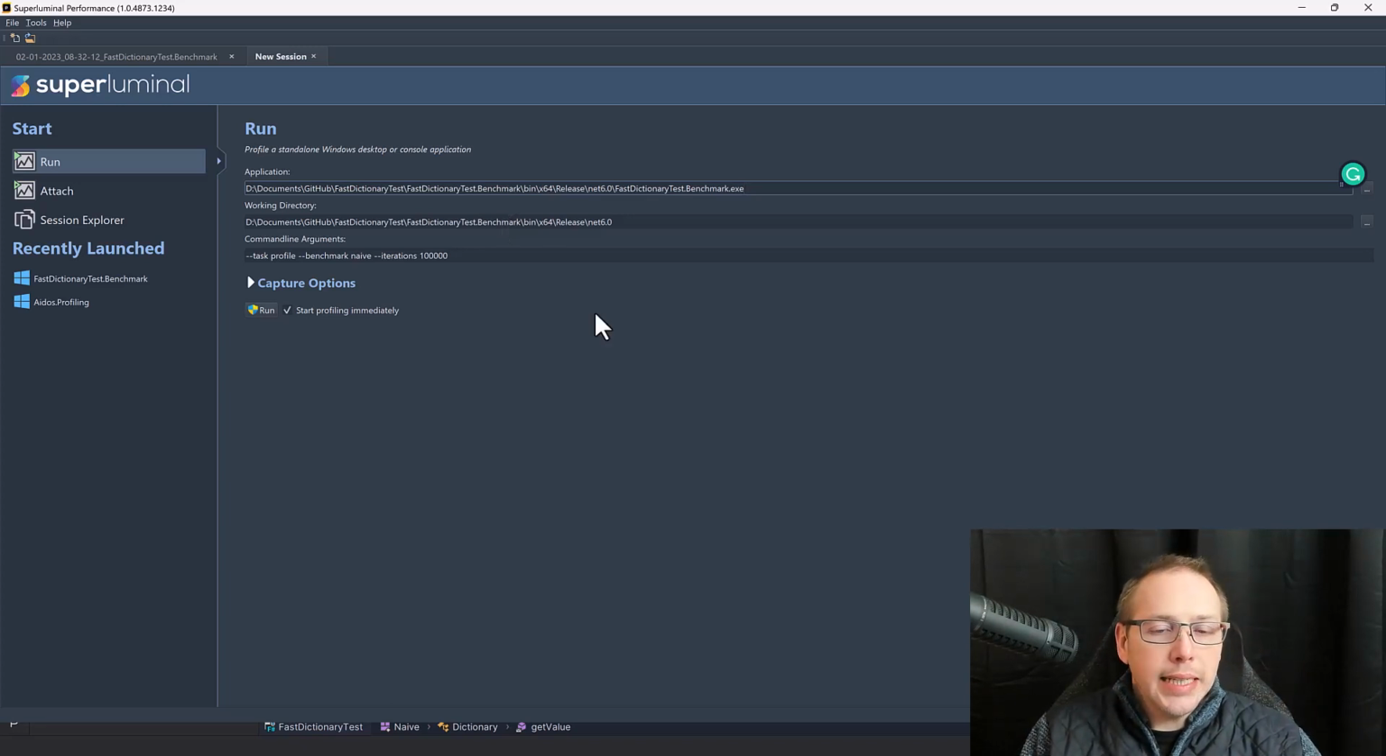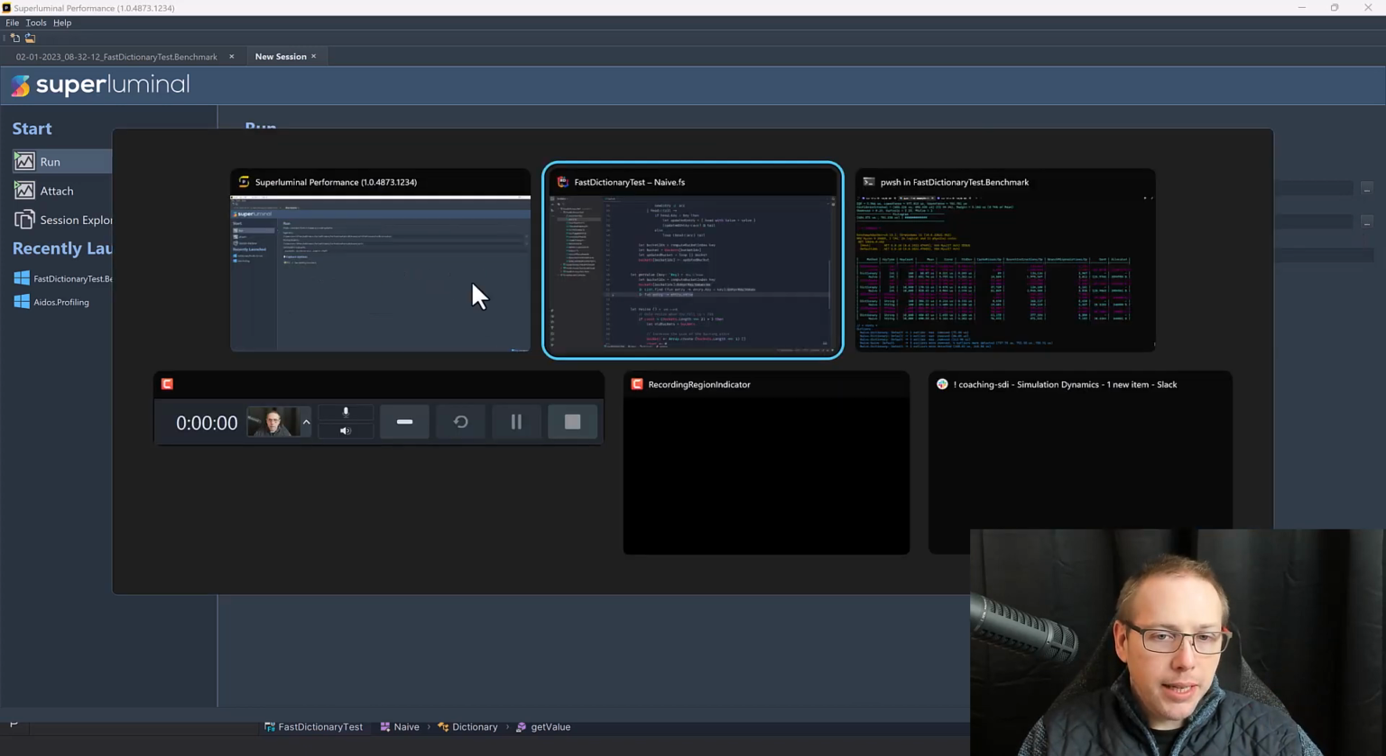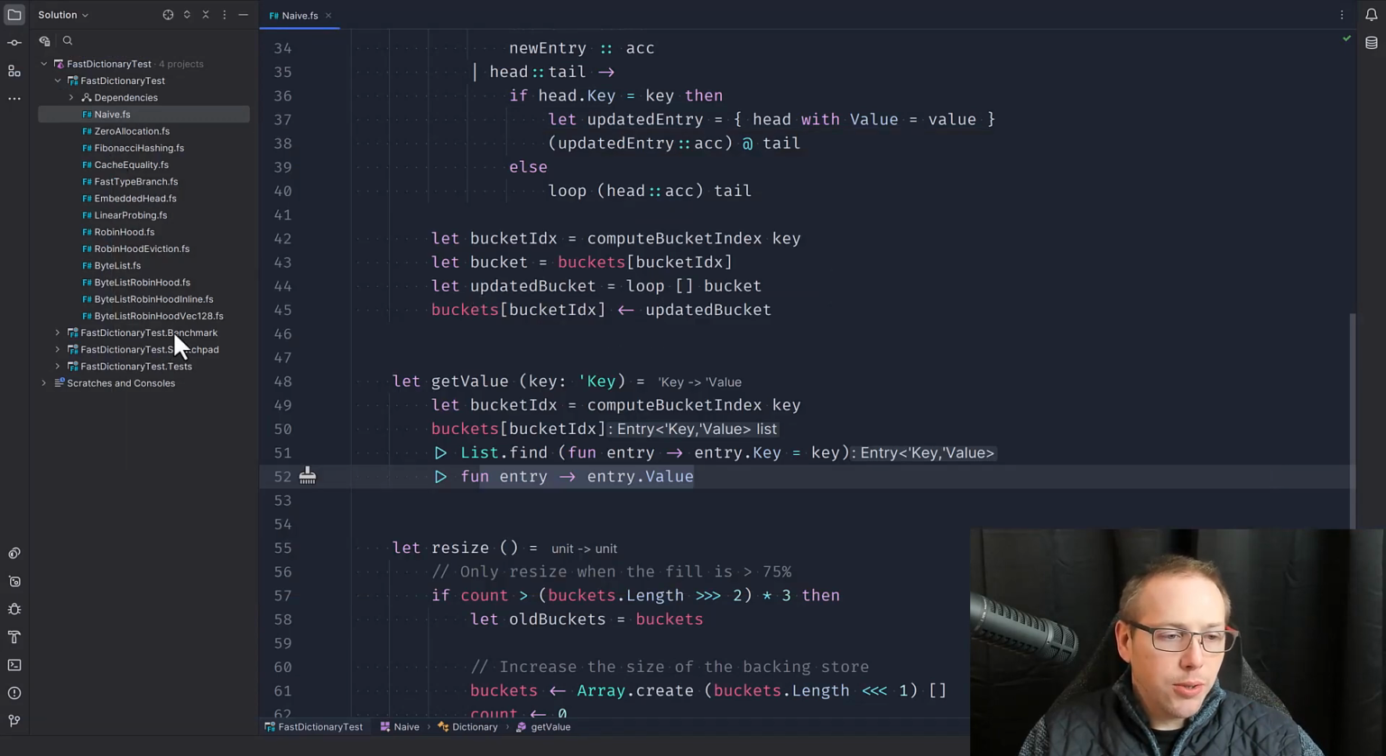And so what I did is I say, hey, this is the application I want to run, which is my benchmark application, and I give it the working directory and I say, hey, I want you to profile this and I want you to benchmark naive and I want you to do many iterations. And I'm going to come back to my code so you can kind of see what it's doing. So we have the benchmark